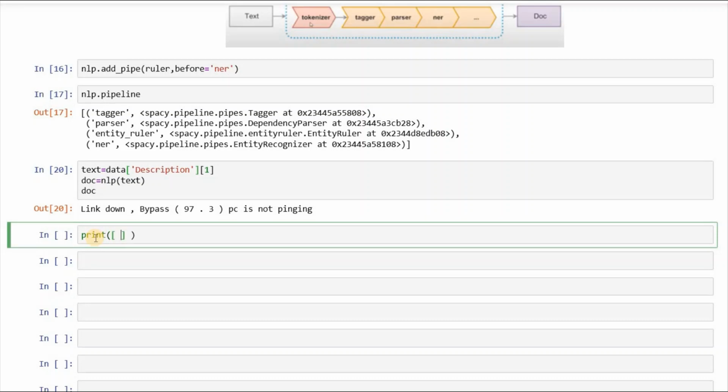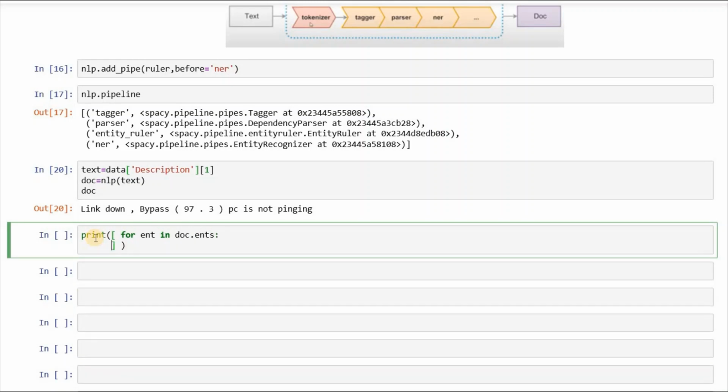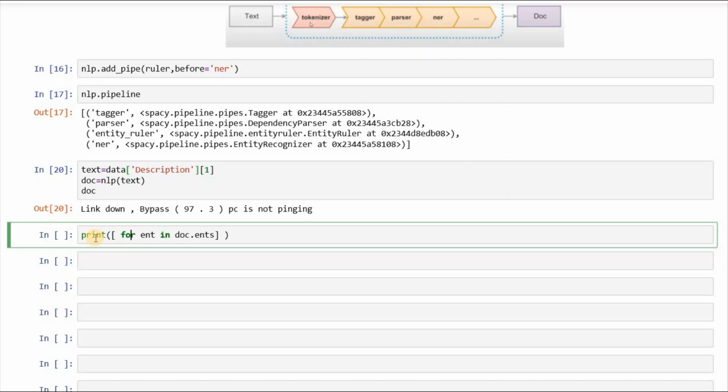Here I would write a for loop, for ent in doc.ents, but not like a normal for loop, rather I would write the output before the for. So for ent in doc.ents, ent.text, so I want to see the text of that span, and ent.label_, so I also want to see the label.